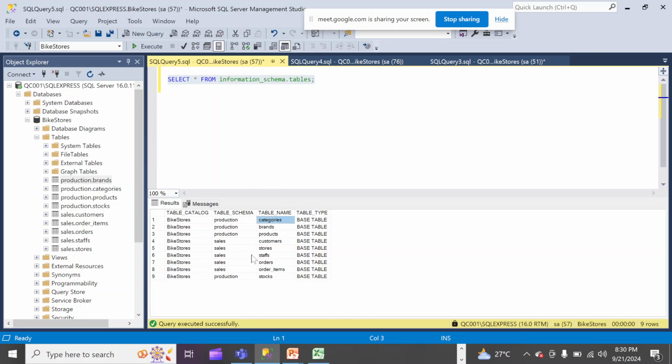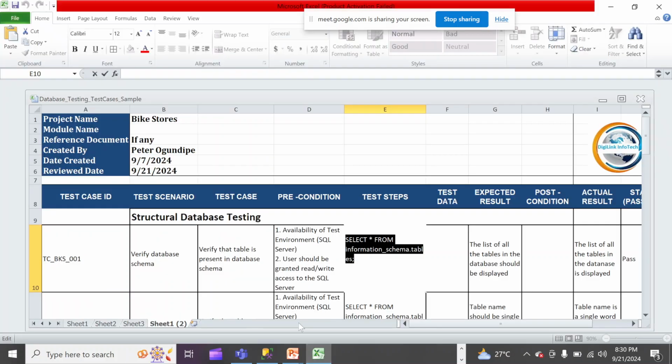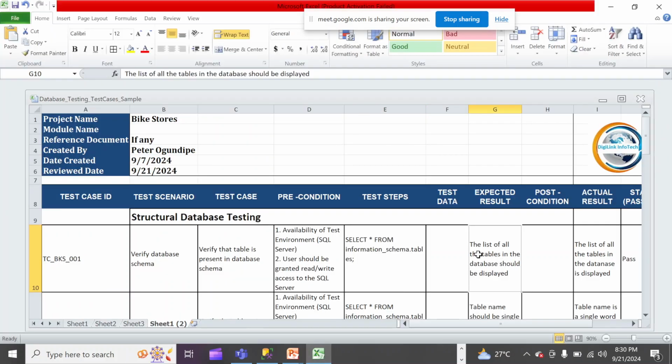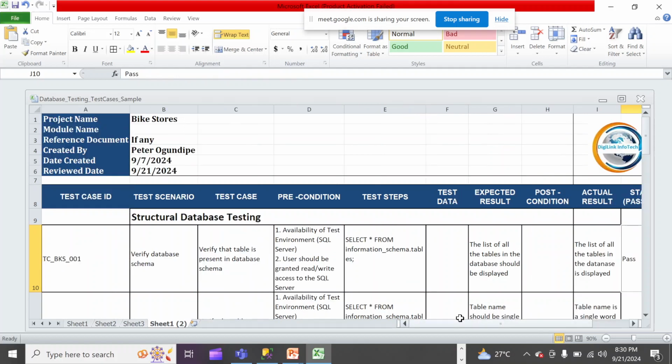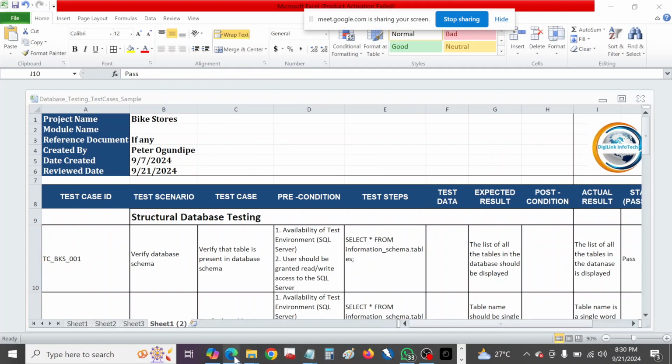So after you check it, you now go back to here. Look at it. The list of all the tables in the database should be displayed. So our actual result is that the list of all the tables in the database is displayed, and now our status is passed. Because even if you look at, let me show you one,